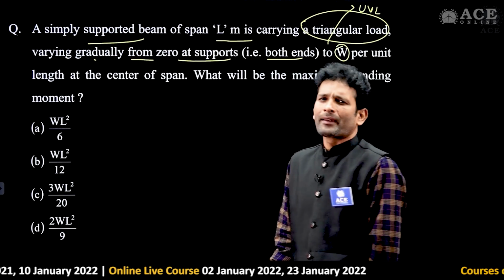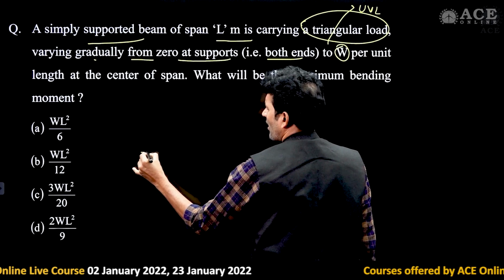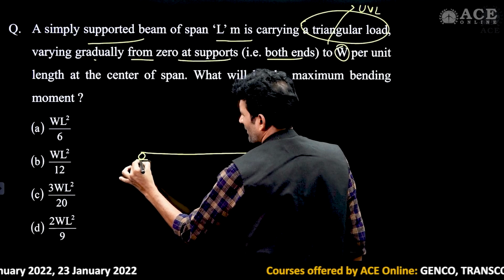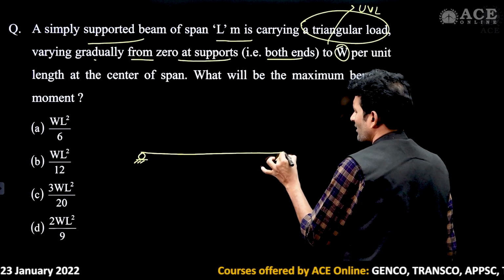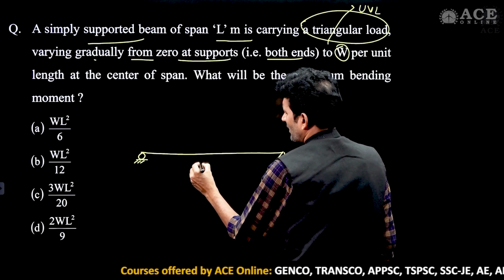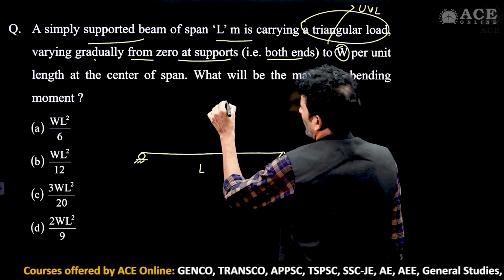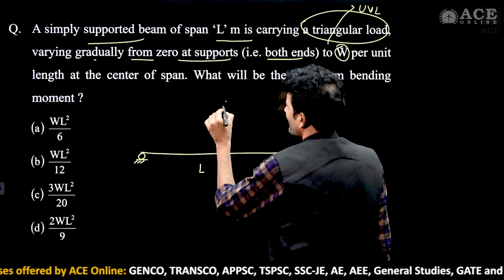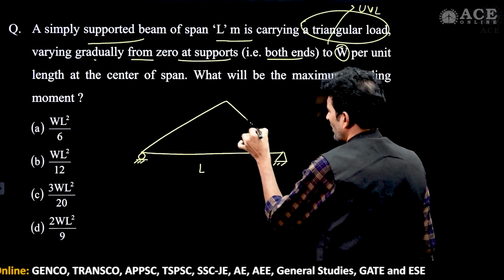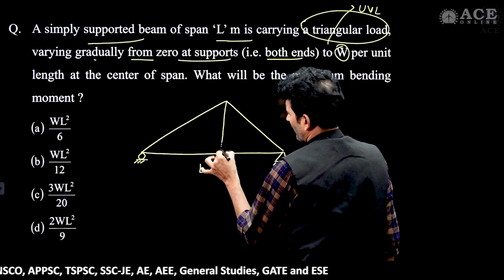to omega per unit length at the center of the span. Now, if I take this statement in graphical form, the given beam is just a simply supported beam. Let us take a roller support at this end and a hinged support at this end. Say the length of the beam is L units. Now, what is the loading on this beam? Maximum intensity we observe at the center and 0 intensity at both ends. This is the rate of loading.